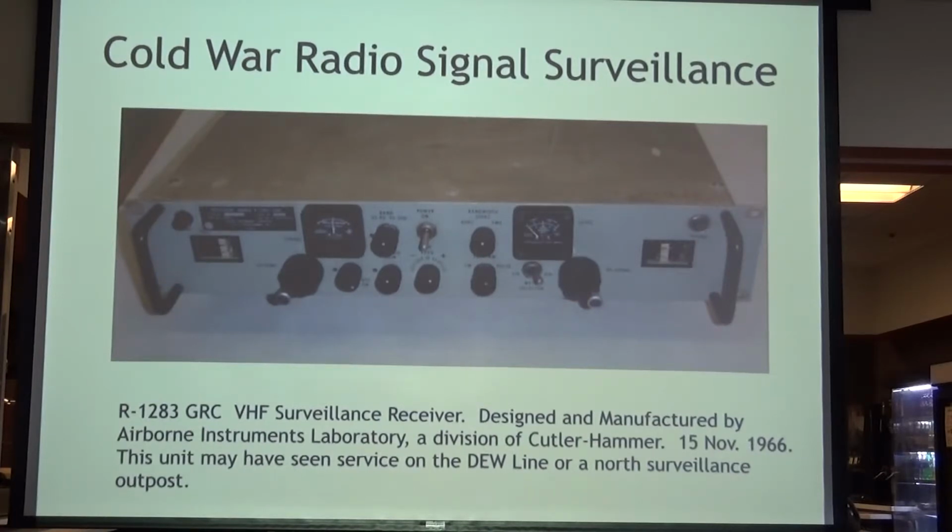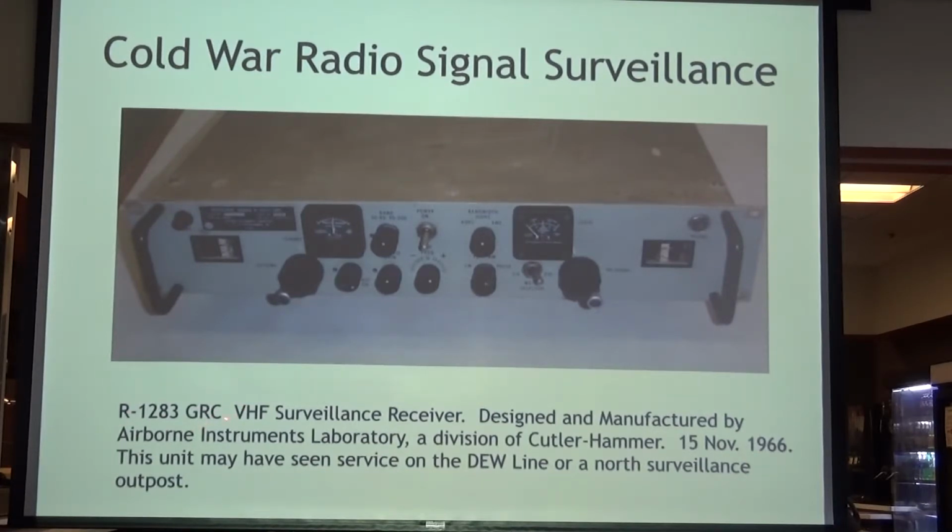This is another thing that got me very interested in the post-Cold War era. I own this receiver right here. This came up on eBay. I about fell over when I saw it. The price was pretty good, so I bought it. This is an